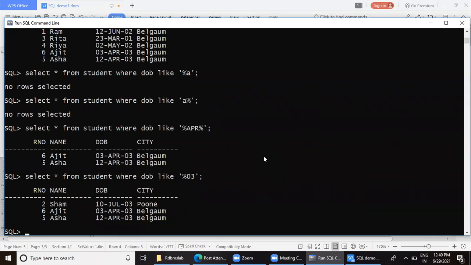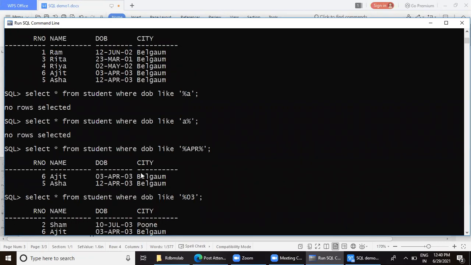Now about underscore. When you want to match only one alphabet, where should I substitute? There is no proper example here.